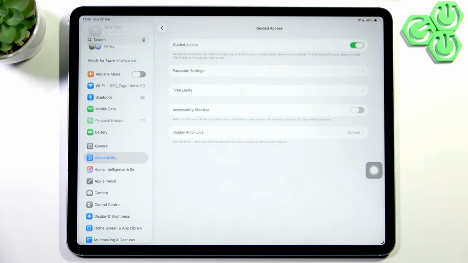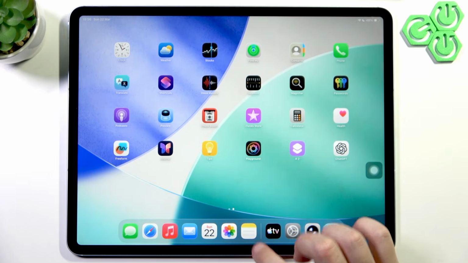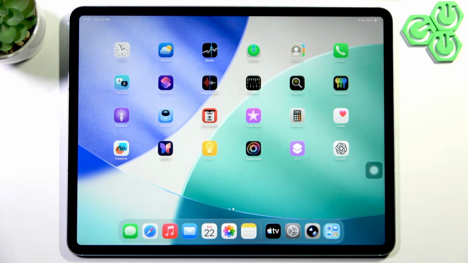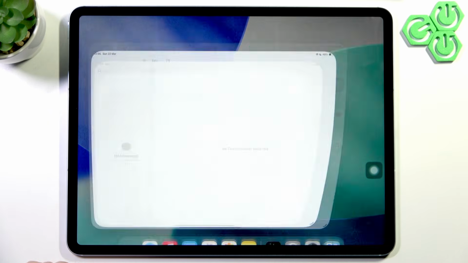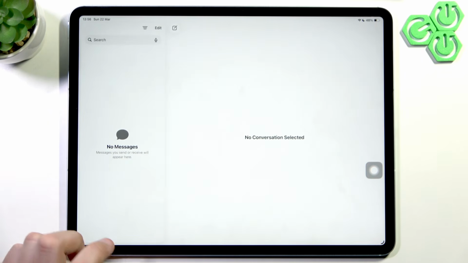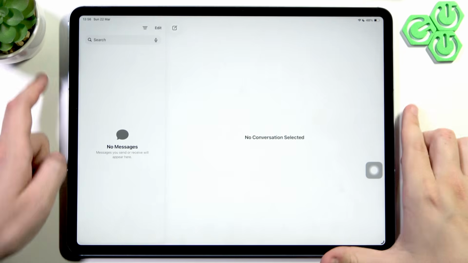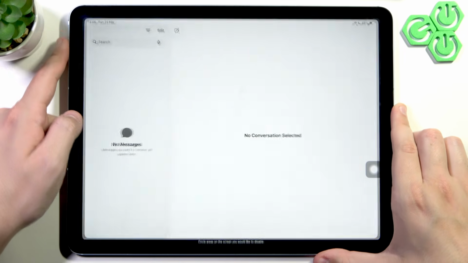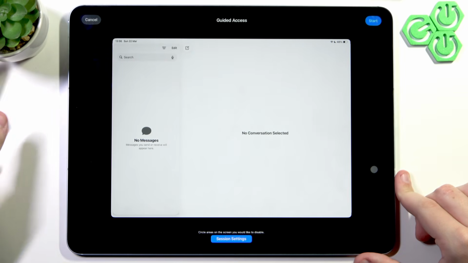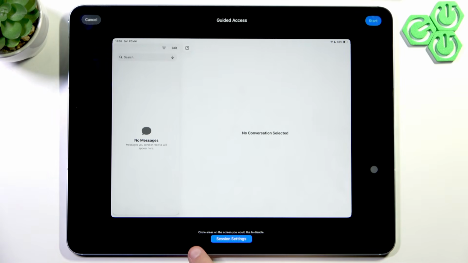So what we're gonna do here is we wanna triple click the top button in the app that we wanna use. So we're gonna go over, and let's say we want to use the messages app, and what we're gonna do here is we're just gonna triple click the button. So let's tap 3 times, and as you guys can see, we got the guided access, and we can circle